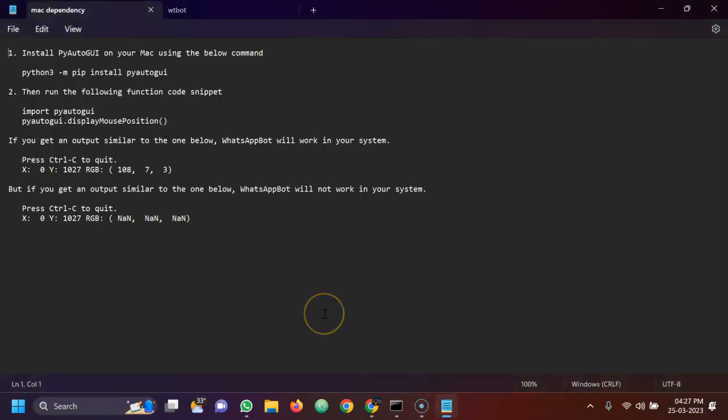And for Mac there is a dependency. WhatsApp bot uses PyAutoGUI in its background to control keyboard and mouse events. So to check whether you can run WhatsApp bot in your system, you need to first install PyAutoGUI using this command. It's special for Mac. And then run this script: import pyautogui and then pyautogui.displayMousePosition. If you get an output similar to this, that is the x and y coordinates being displayed along with the RGB values of your mouse pointer, then you are good to go and